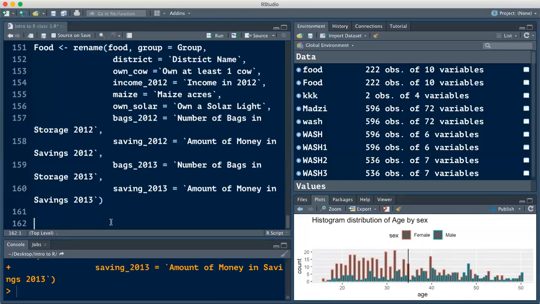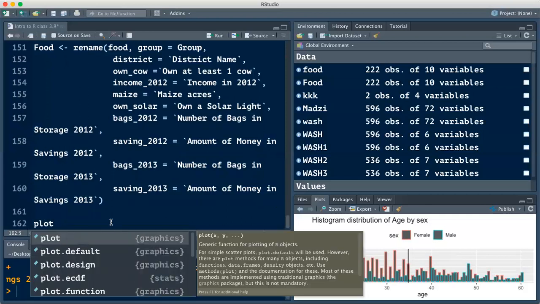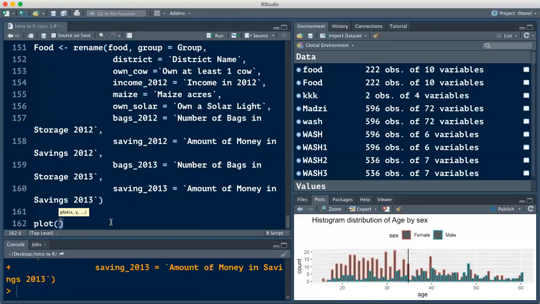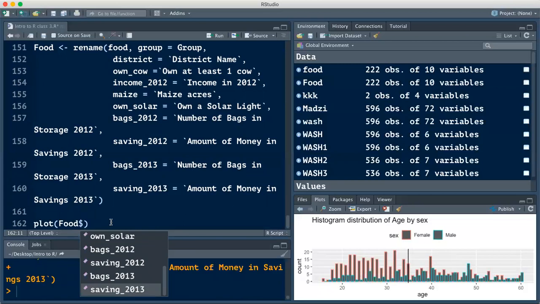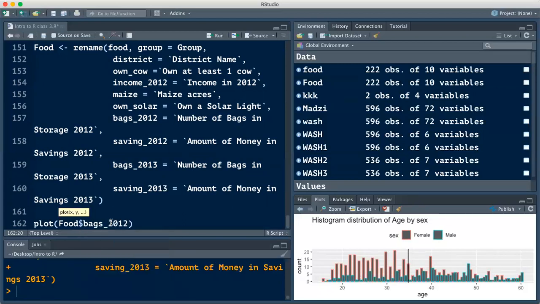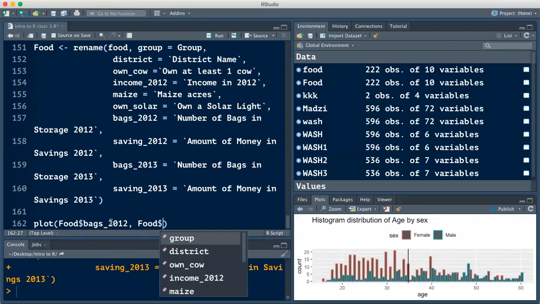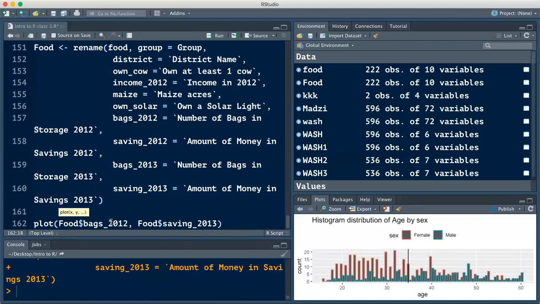So I can use the actual command in R without any ggplot or whatever. I'll put plot, and then say, what's the dataset? The dataset is called food. Then I'll say, plot this one and the very same, for 2013. This is without using ggplot. So if I do that,